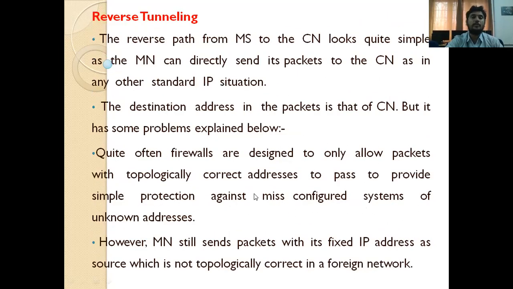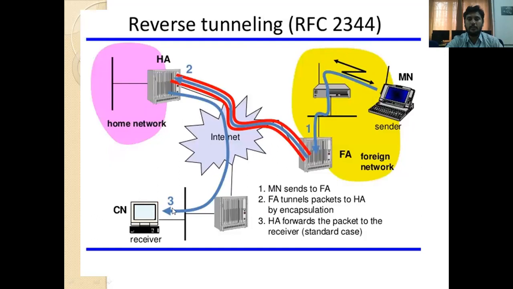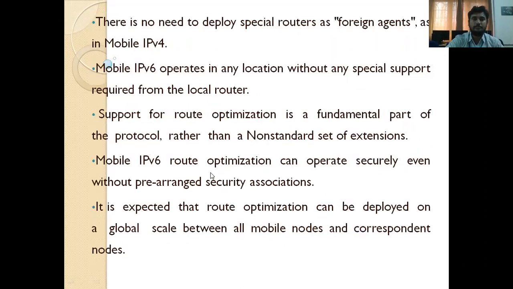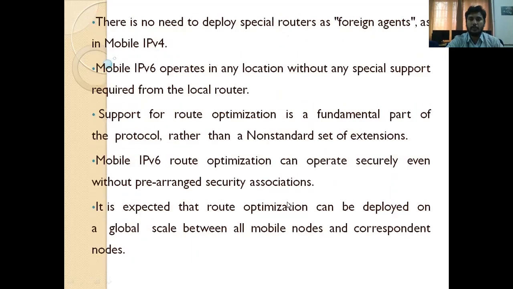Generally, the mobile node sends directly to the correspondent node, but some problems occur. For that purpose, the mobile node communicates with the correspondent node, and there we are using Internet Protocol version 6, IPv6. What is the specialization of IPv6? For that purpose, we compare IPv6 with IPv4. And finally, the DHCP protocol, dynamic host configuration protocol: how a client communicates with the server and how a client is connected to the server. So this is the end of unit number 3.